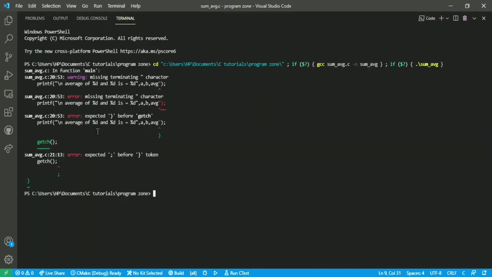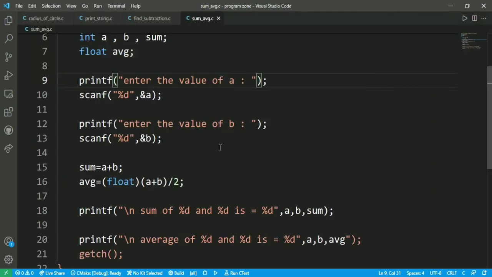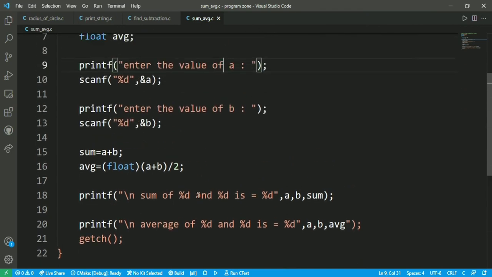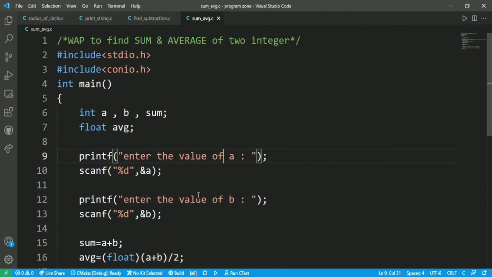Something went wrong. Let me check the code once: int a, b, sum, float average, then enter the values, then scanf, then sum equals a plus b, average equals float of a plus b.